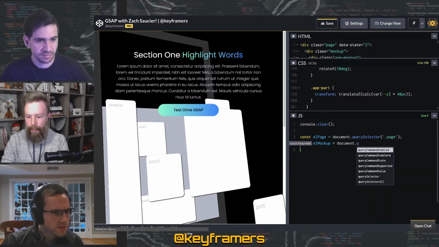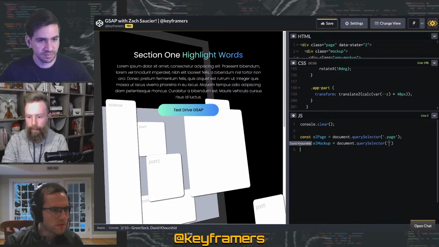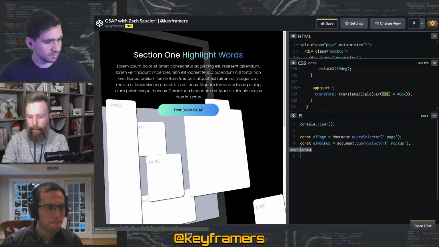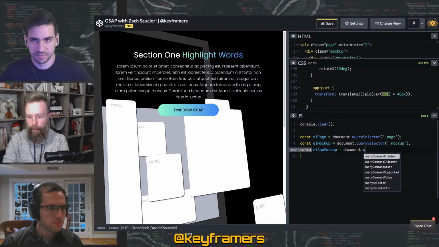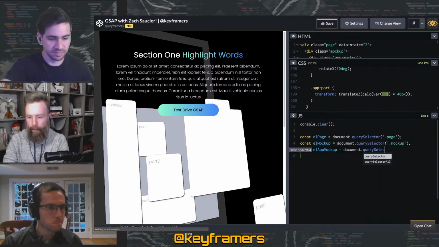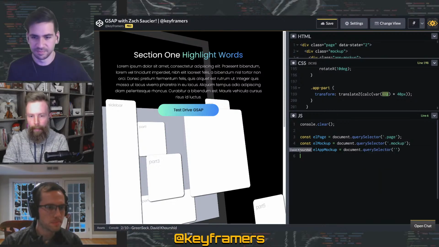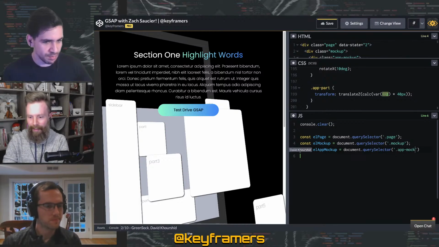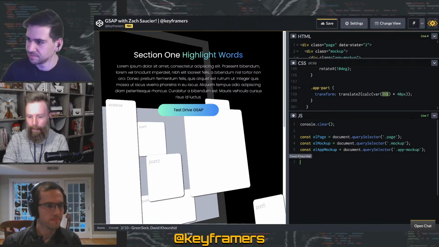So I'm just setting up our query selectors. So we've got mockup, const lAppMockup. And for those of you who aren't familiar, we just use l as a fun prefix to indicate element, but also it's like Spanish. So if we have multiple elements, we'll use los. You could think of it as Hungarian notation, but more Spanish than Hungarian. And so the app parts, losAppParts,